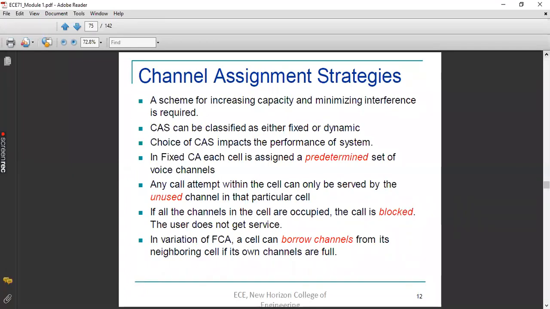Our objective was to increase the channel capacity, but the problem is we don't have enough resources to allocate separate channels for different users. So we are forced to share the available channels among different users. While sharing, obviously some interference is going to happen, but we need to minimize this interference by following some strategies. These channel assignment strategies have been adopted so as to minimize the interference, so that interference is maintained at a minimum value and we can increase the channel capacity in an appreciable manner. CAS, otherwise channel assignment strategies.